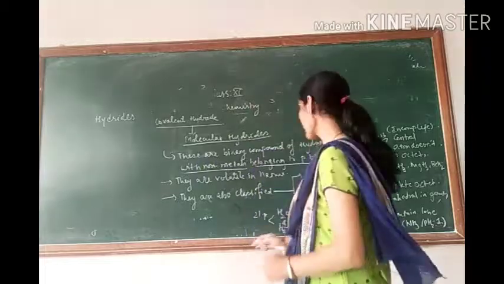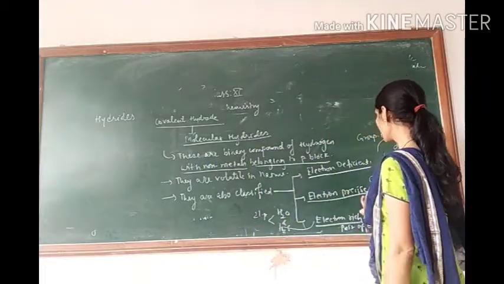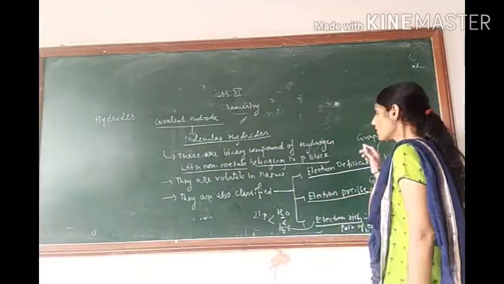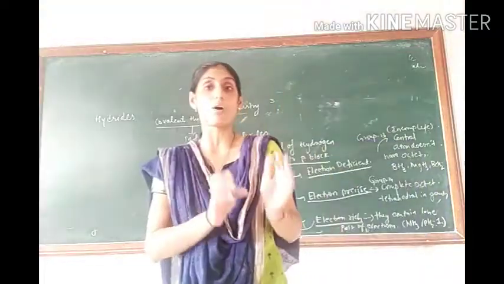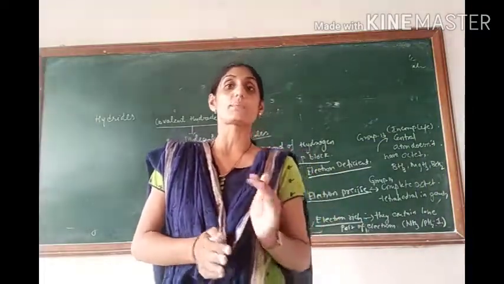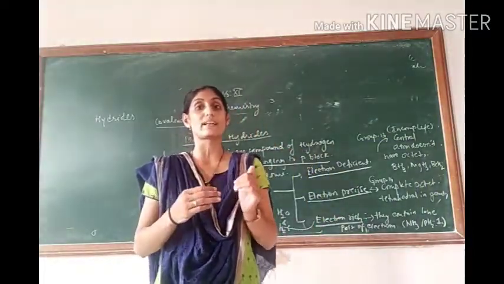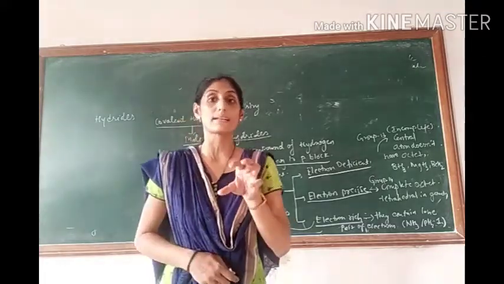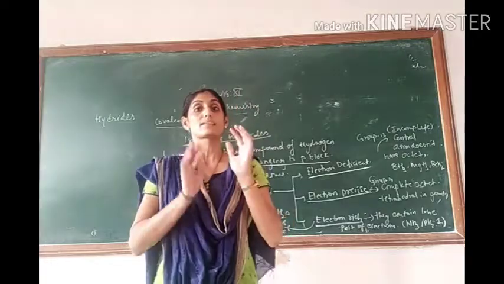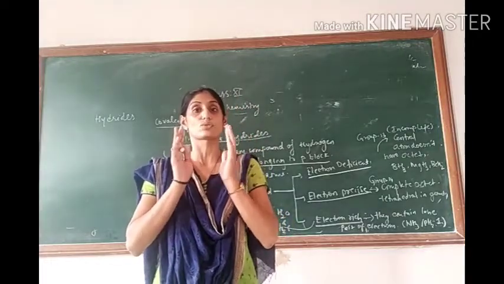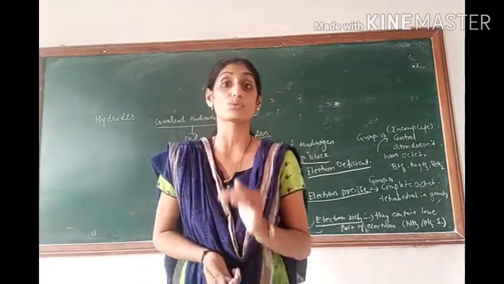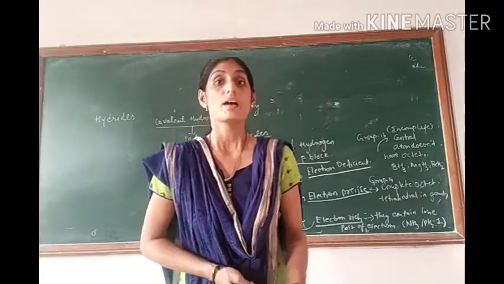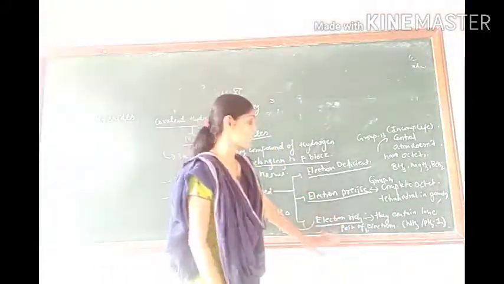Now electron precise and electron rich. Electron precise, that means now they have the stable, complete octet, जिसके पास 8 इलेक्ट्रॉन है. Those central atoms attached with hydrogen containing the complete octet. octet का मीनिंग हुआ सेंट्रल एटम के पास 8 इलेक्ट्रॉन्स है, तो उसे हम बोलेंगे इलेक्ट्रॉन प्रिसाइज मॉलिक्यूलर हाइड्राइड. And the third one means electron rich.